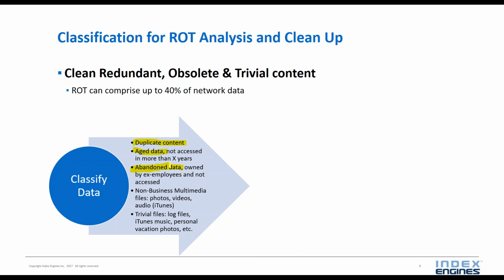So looking for redundant data using a couple different approaches, looking for aged data that hasn't been accessed in, say, more than 3 years. Abandoned data is a little bit different from aged data. Because we can connect to Active Directory, we can look for inactive users or users that don't exist within Active Directory that have not accessed the data. That's data where the owner of the document or the file no longer is with the organization and none of the other employees has access to the document. That's abandoned data. It's stuff that is really not going to be touched in the future at all.